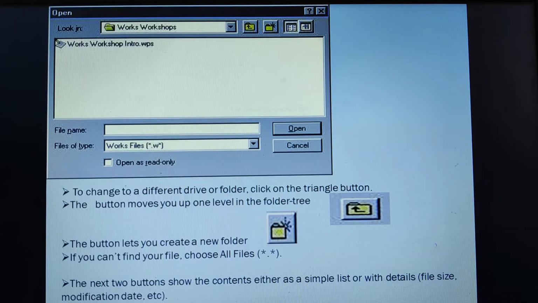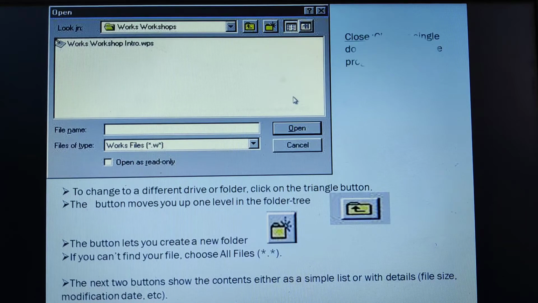Yes, the next option here is the next two buttons you are able to see here. Suppose you want to see the details of that particular document, when it was created, what the size of that file is, how many words are there in that file. If you want to see it in detail, then these two options would help you to view all the details of this particular document.